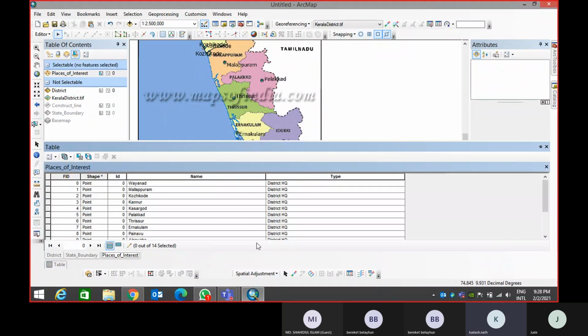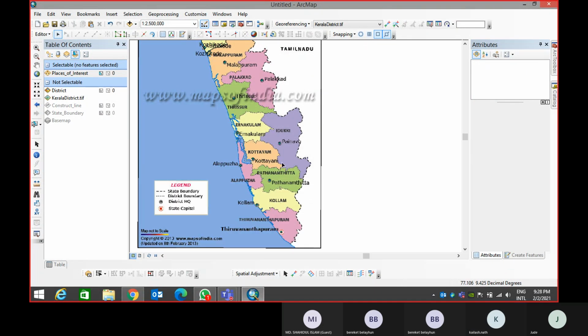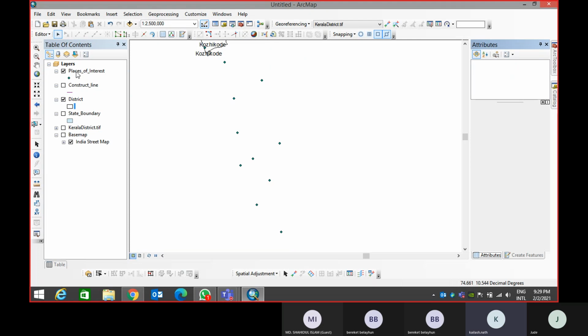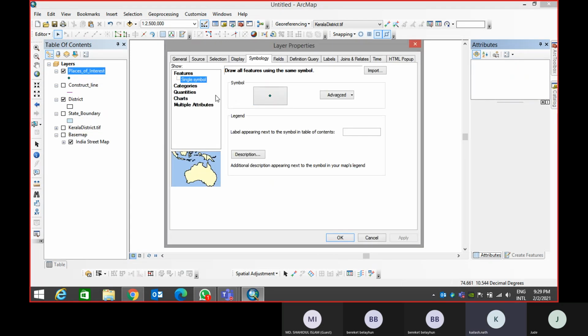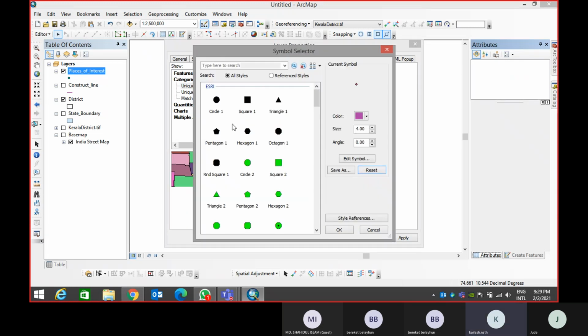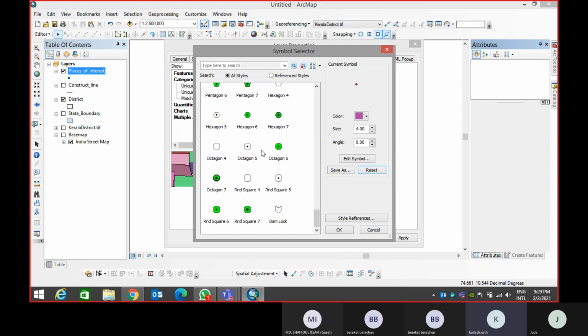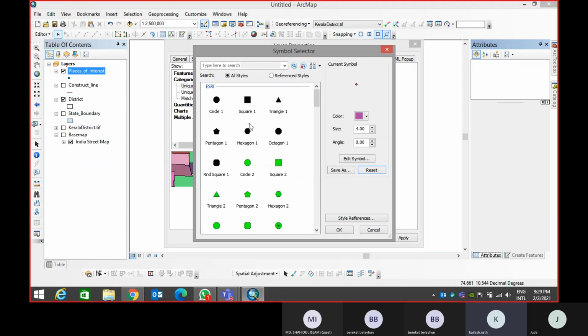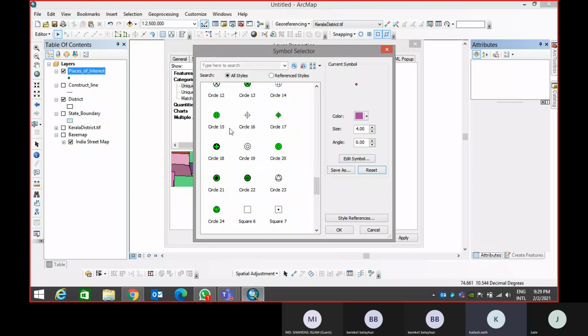Now you can view the entire thing over here, see all the values have been populated and filled. Now I want to give two different symbologies to represent them based on them being two different kinds. So I'm going to use the type. Now I can double click over here and I can change the symbol for each and everything. So I'm going to double click onto this more purple colored point feature, and I can give a different